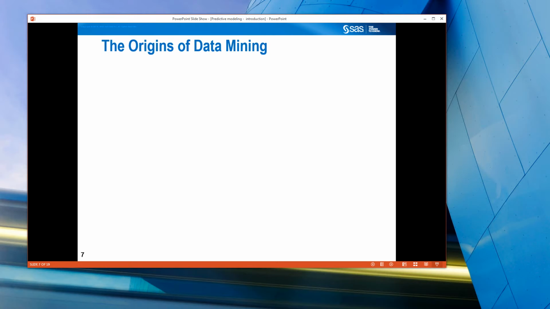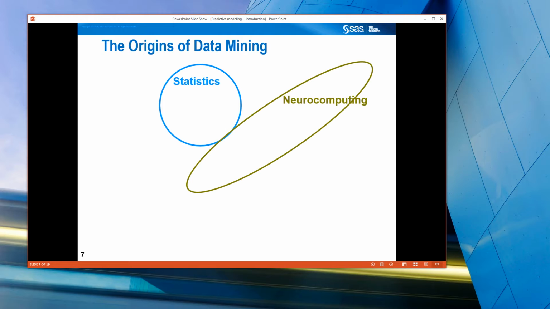All right, and data mining as an area of interest, you can trace its foundations to various disciplines, and statistics is one. Statistics is the science of data, and it's been around for many centuries, and a lot of techniques were developed 2-3 centuries ago, and so use of statistics is important in